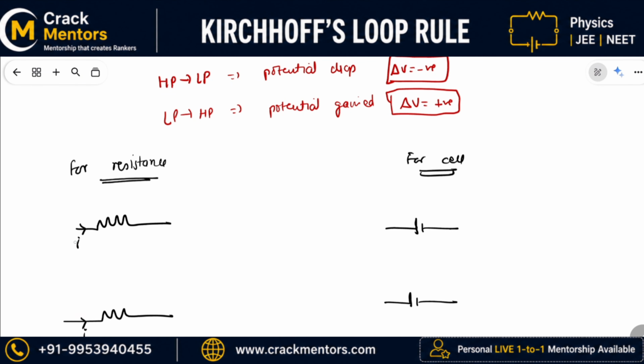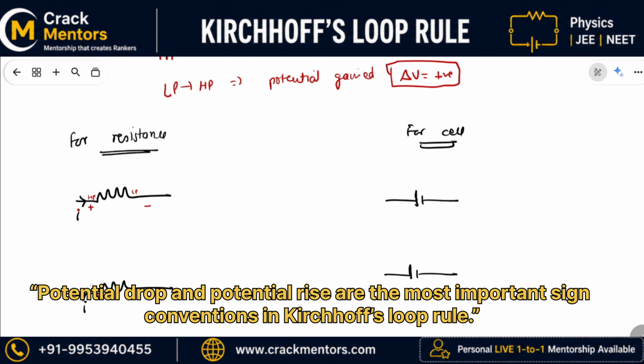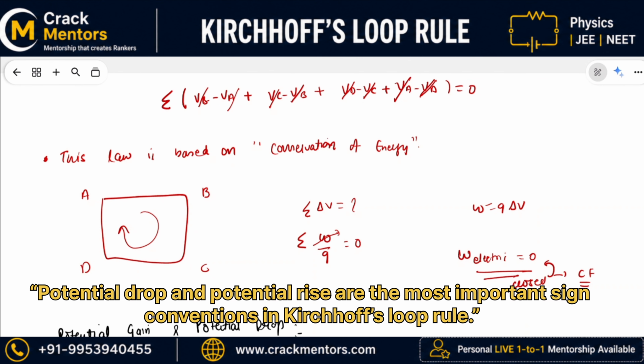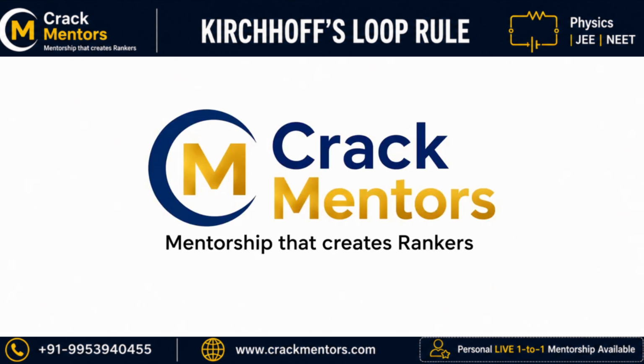So basically I can find that the current is going like this. Can I say if the current is going like this, this must be the positive terminal, this must be the negative terminal. Basically I can take into consideration that this will be connected to the positive terminal of the cell, therefore this is at high potential, and this will be connected to the negative terminal, therefore this is at lower potential. Similarly this will also be there, this is high potential, this is lower potential. Assume that, remember what I have told you, that whenever you are taking any loop you have to take a path. Okay, so can I take,